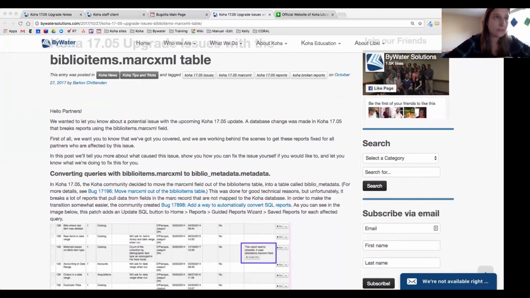As always, you can always submit a ticket. If you run into any difficulties where you're getting a yellow error box when you try to run that report, just submit a ticket and we'll be able to take a look at that SQL for you. Yeah. Definitely. We have quite a few experts out there on the, oh, we have a question.